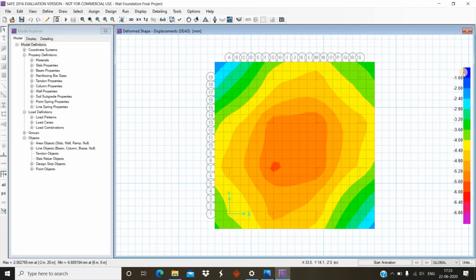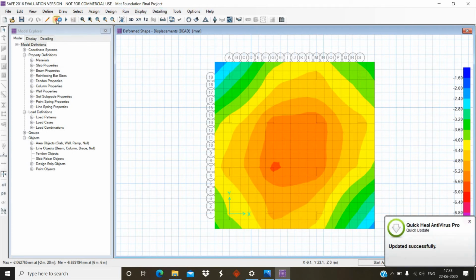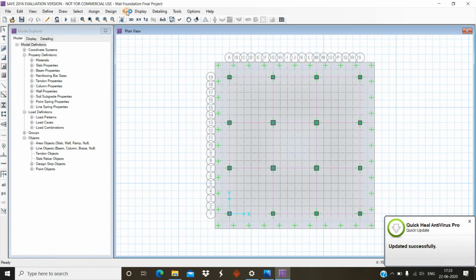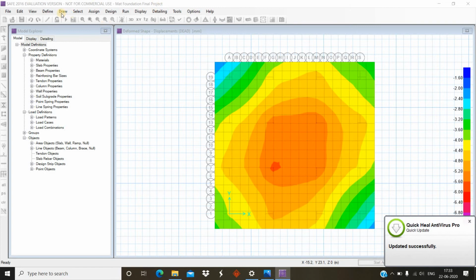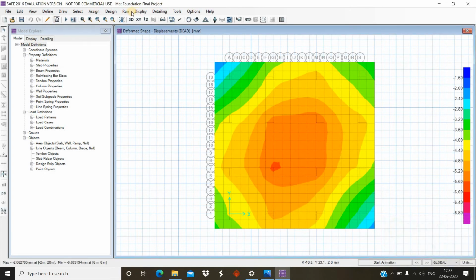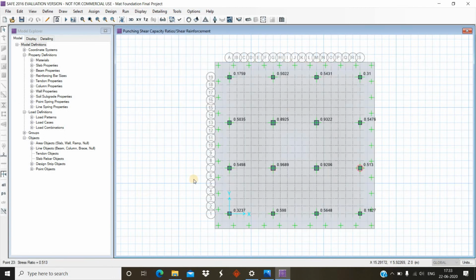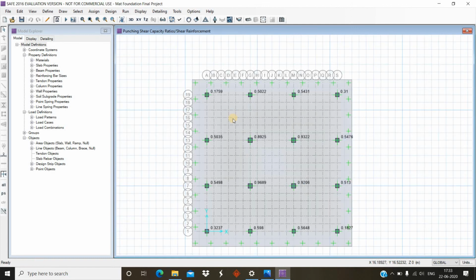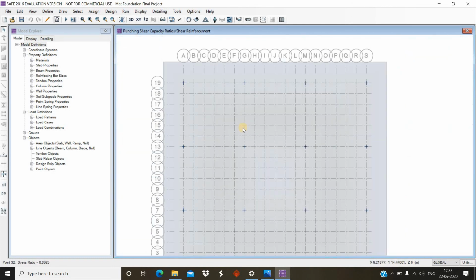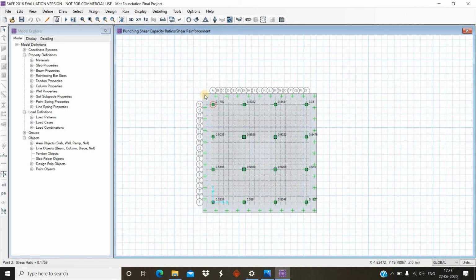Then unlock this, then run analysis and design. After that, go to display, show punching shear. It should be less than 1, since the punching shear ratio has to be less than 1. If it is more than 1, do not worry, just increase the thickness of the footing and it will be safe in punching shear.